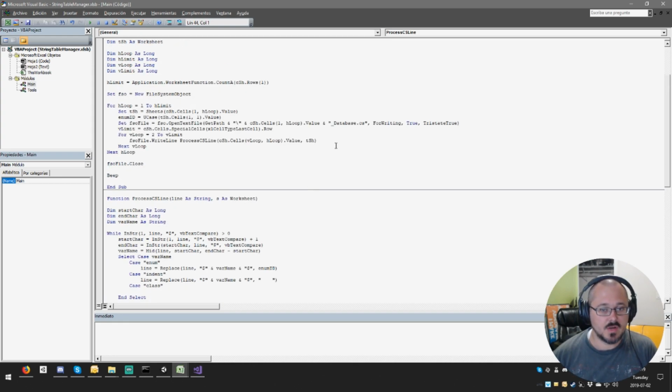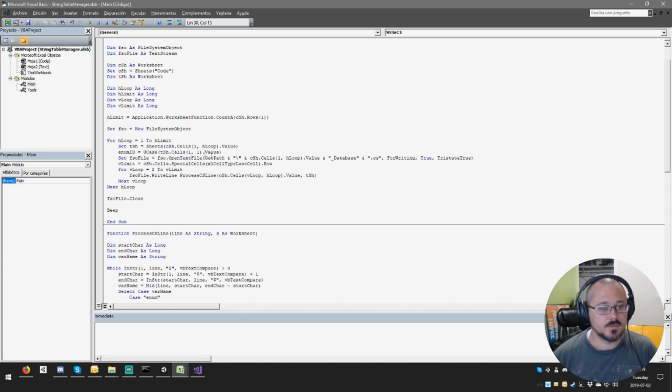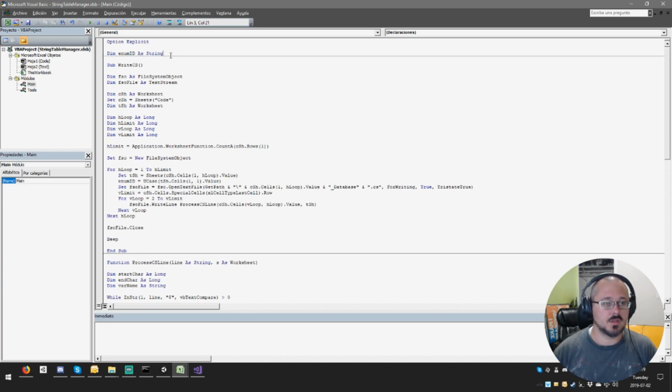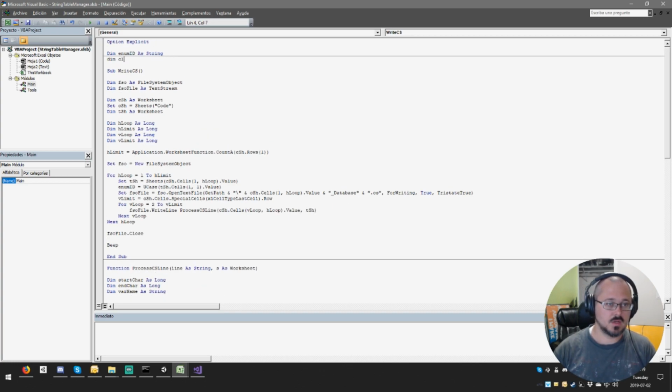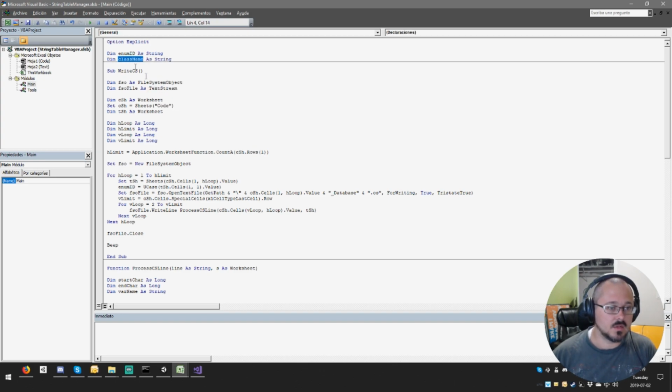So the name of the file was this underscore database.cs. So I'm going to do this and then add an end cs. You'll see why shortly. And I'm going to create another dim here. Dim class name as string. And the class name will be determined